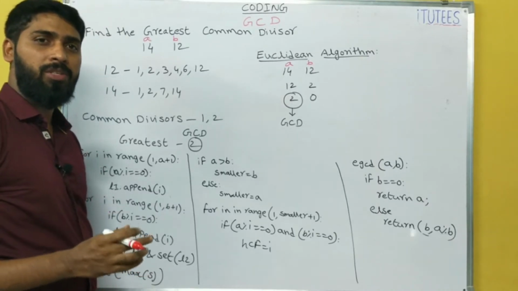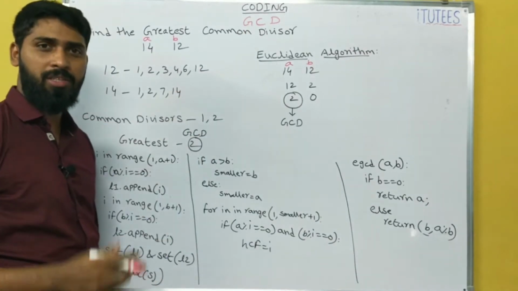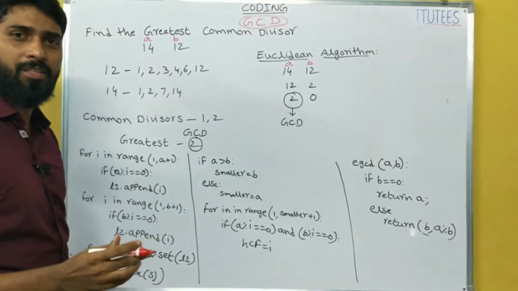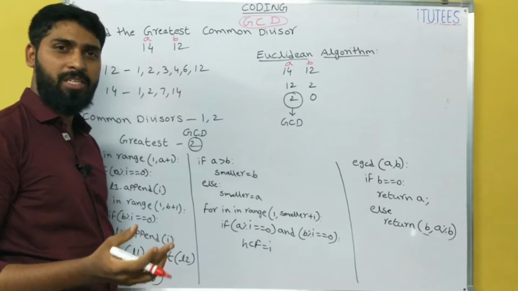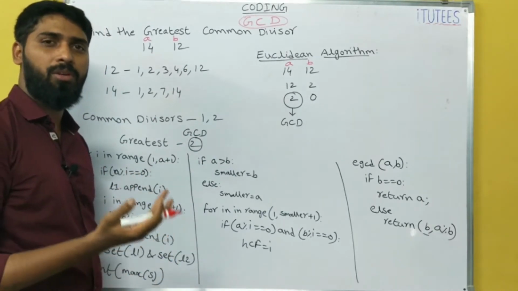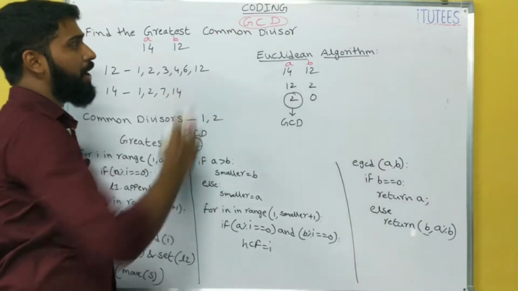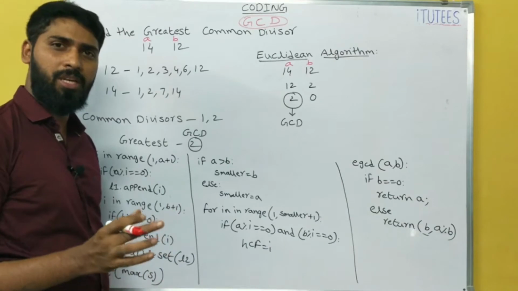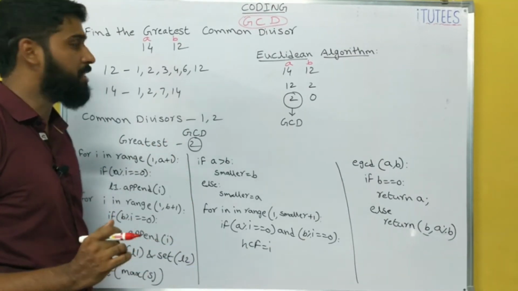So now we are going to see one coding question: the greatest common divisor. How do we find the greatest common divisor? We discuss it because in many coding exams they ask GCD as a sub problem. For example, to find whether two numbers are coprime: if the GCD of both values is equal to 1, then we can say those two numbers are coprime. Okay, so now we can see how to solve this GCD first.